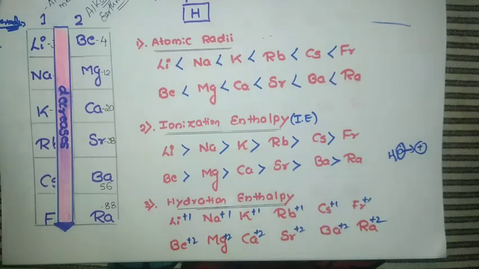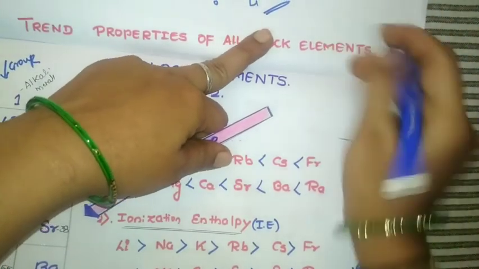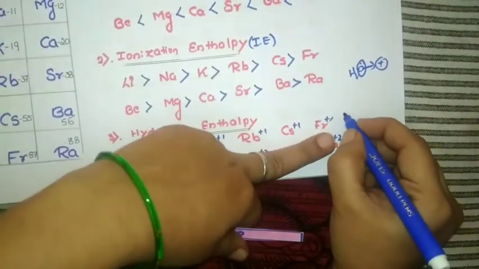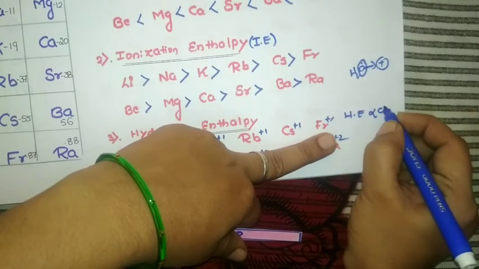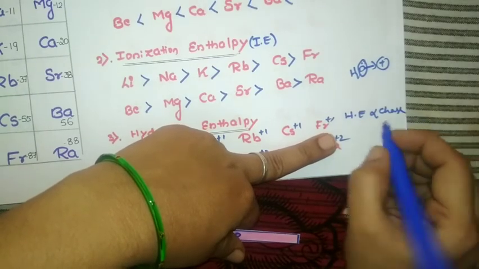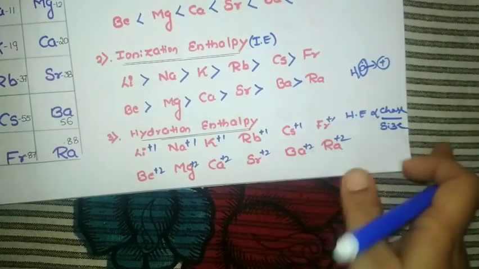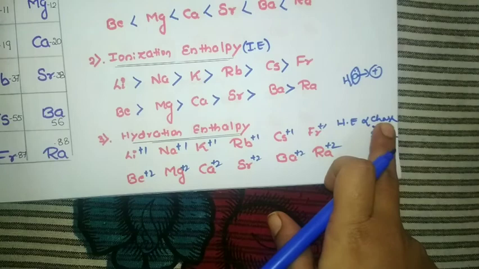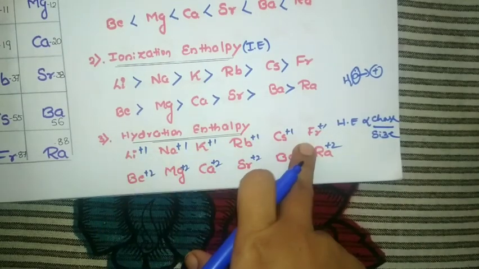There is a relation you need to remember: hydration enthalpy is directly proportional to the charge, and inversely proportional to the size. Since all are unipositive, there is no change in the charge, but